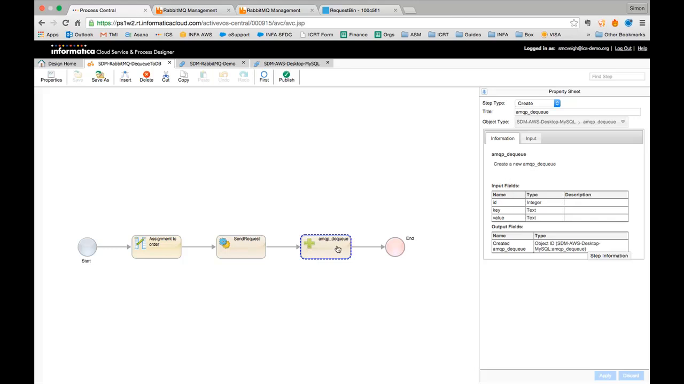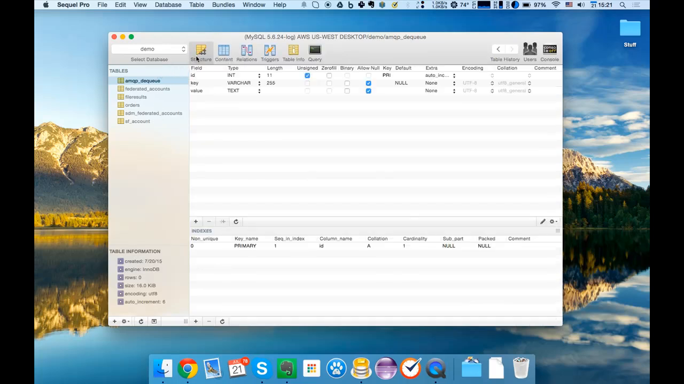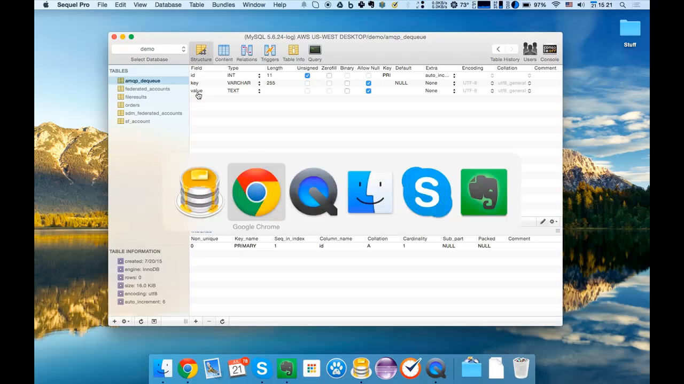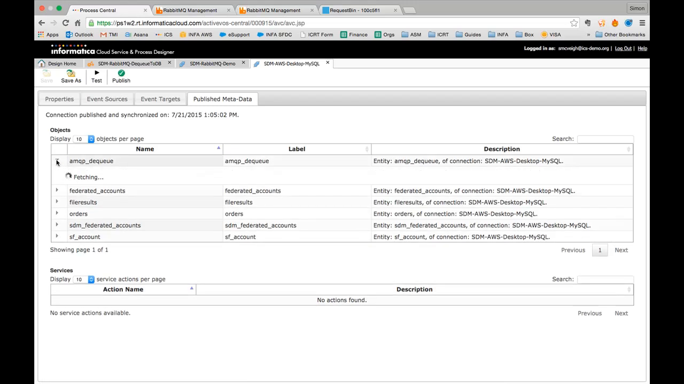So you'll see here, for example, in the step that I get to where I'm creating the record in MySQL, that's come down from the AMQP queue, I'm actually looking at the inputs and outputs, and I can see here that they're all given the proper data types. So in this particular table that I'm going for, if I just switch over to my database, you see I've got an ID, I've got a key, and I've got a value. Very simple stuff, but the connection when I published has automatically looked at that table that I've got here,